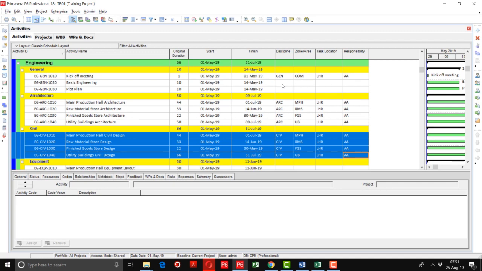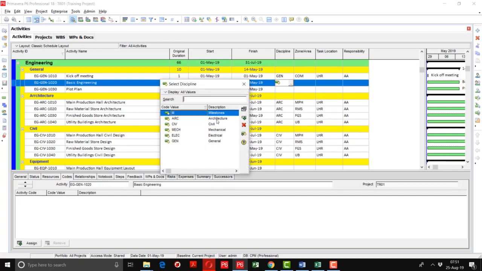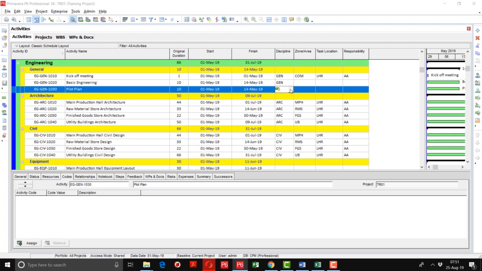So now we can assign these activity codes as well, because in the other view you cannot see which activity code is missing, sometimes it is missed. So by displaying the column you can review and check, and you can assign the missing codes. So I'm going to assign the missing activity codes here. It will come under the general category,